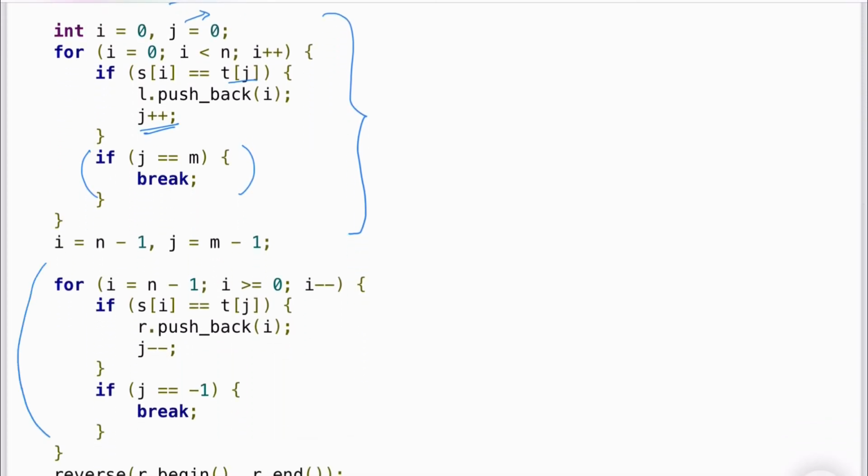Now similarly this part covers the construction of the vector R. So we loop from right to left here, so I is equal to n minus 1 to I greater than or equal to 0.